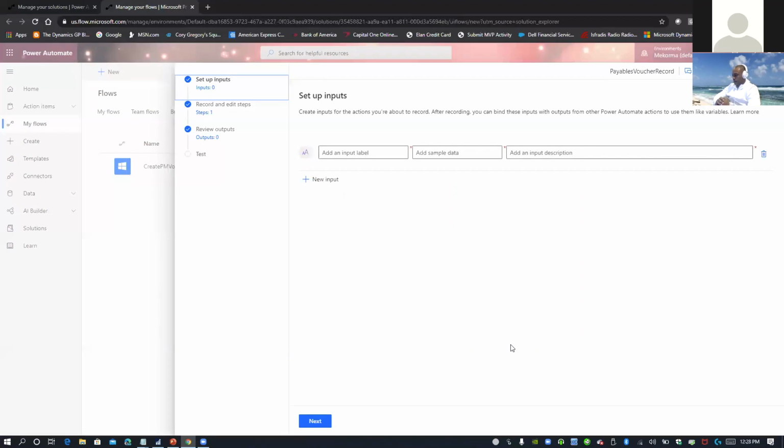So that's key when you're designing your UI flows to decide, am I going to actually send data into that UI flow, or am I going to receive data from that UI flow and consume it elsewhere, say, for example, to continue a cross-system integration or cross-platform integration using Power Automate. But in this case, the input variables are the ones that I'm going to pass into Dynamics GP, which